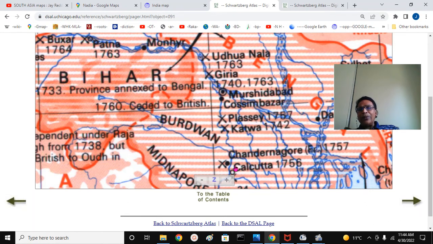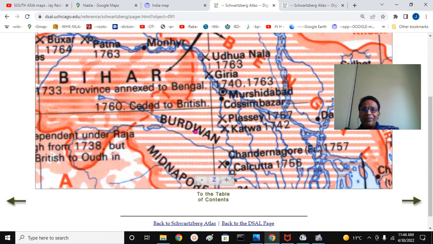When Mir Qassim picked a quarrel, he fought a series of battles. The Battle of Katwa in 1763; there was an old battle with the Marathas here. The Battle of Plassey occurred before. He fought at Udhwa Nala, and he moved his capital to Munger, and finally the British defeated him in a series of battles at Katwa, Giria and Udhwa Nala. He moved to Patna and again lost the battle. Finally he made an alliance with Shujauddaulah, Nawab of Awadh or Ayodhya, and the nominal Mughal Emperor Shah Alam, and lost the Battle of Buxar. That's a different story.